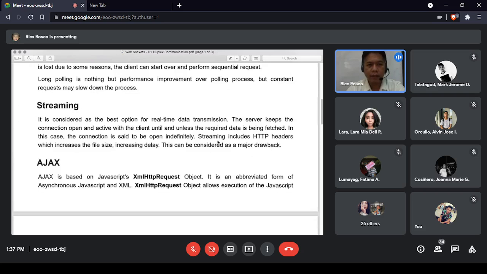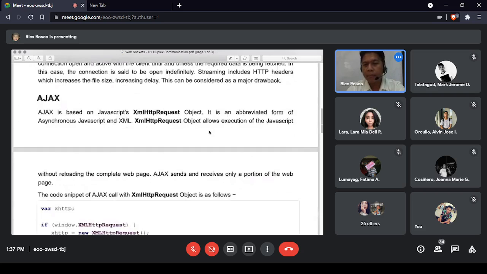Next is Ajax. It is based on JavaScript. It is an object and it is abbreviated for